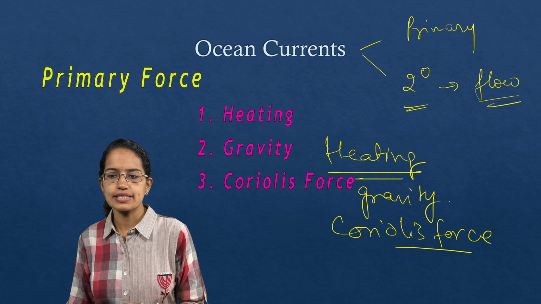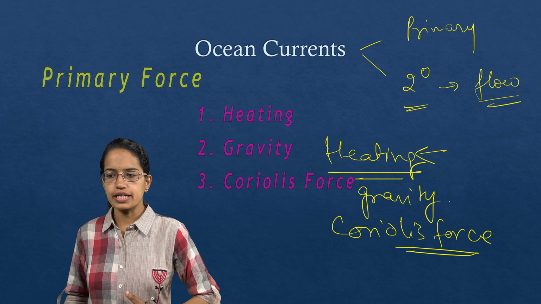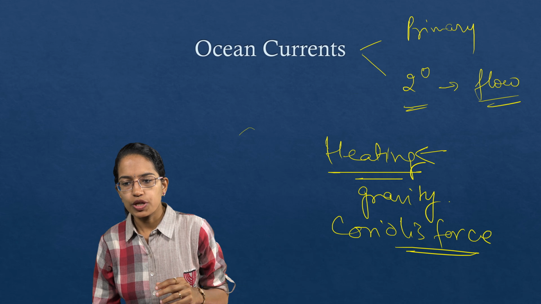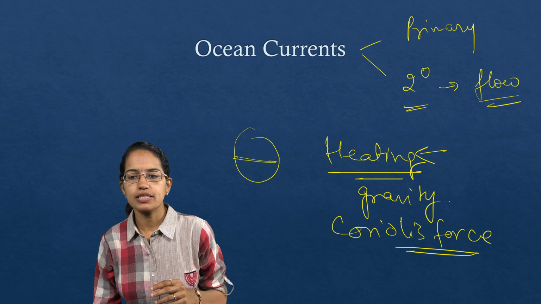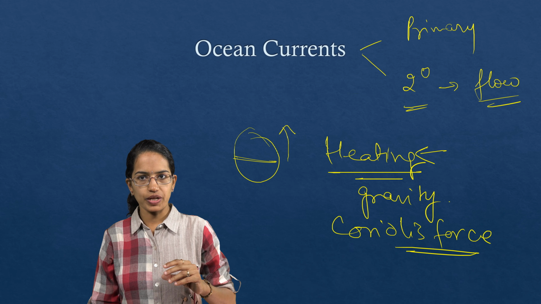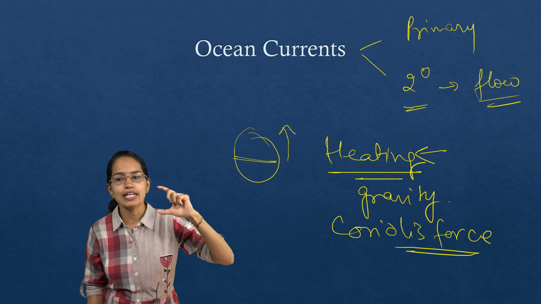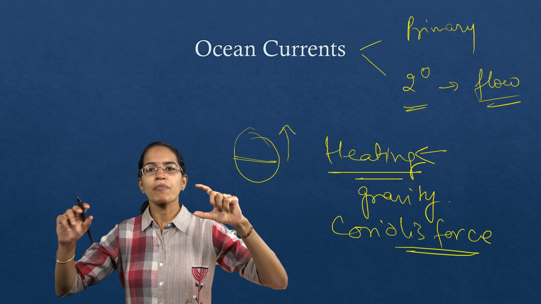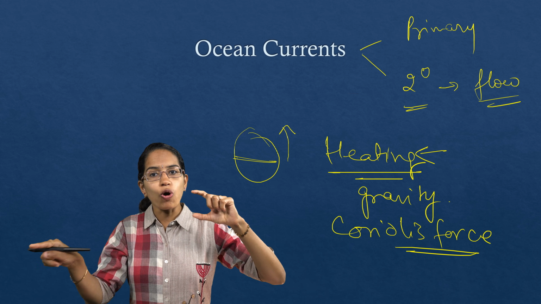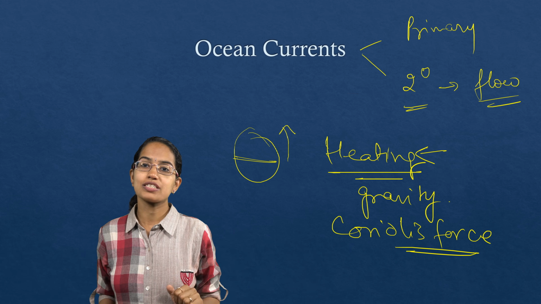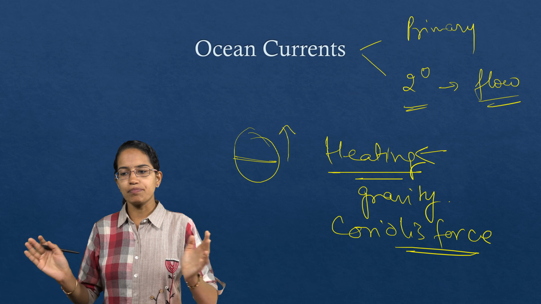Now, how do we understand this? Let's first say heating. Heating causes expansion of the water. Definitely, this expansion is more where? It would be more closer to the equator. So at the equator, you would have more expansion as compared to the polar areas. Therefore, the height of the water at the equator is 8 centimeters more than at the poles. And because of this slope, you would have the movement towards the pole that takes place, as simple as that.